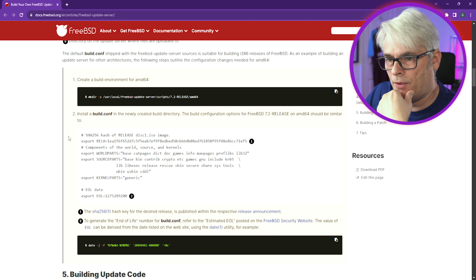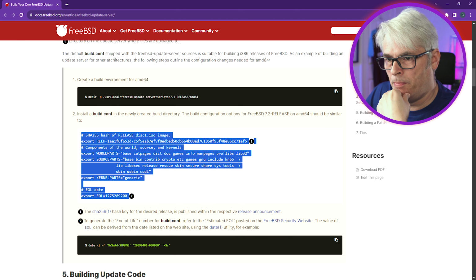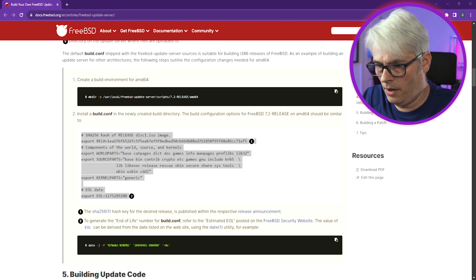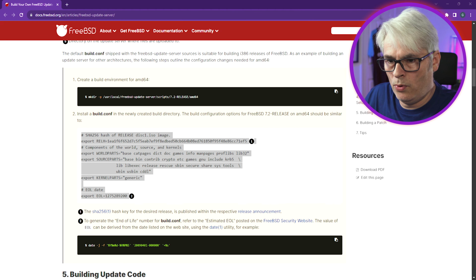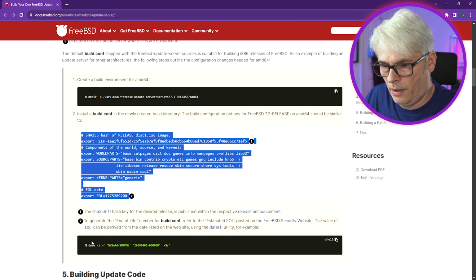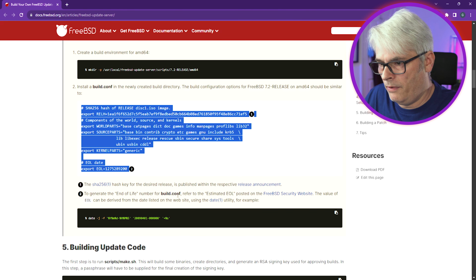Okay, and so we'll copy that and change the SHA of the disk1.iso image. So this is build.conf in that folder. So we'll go there. I've probably picked one of the harder things to do here, but that's fine. So what about export EOL? Have a quick look at the export EOL. Generate the end of life number for the build.conf. Refer to estimated EOL.